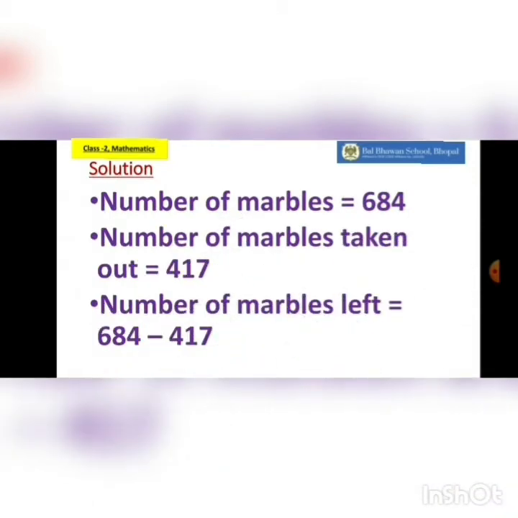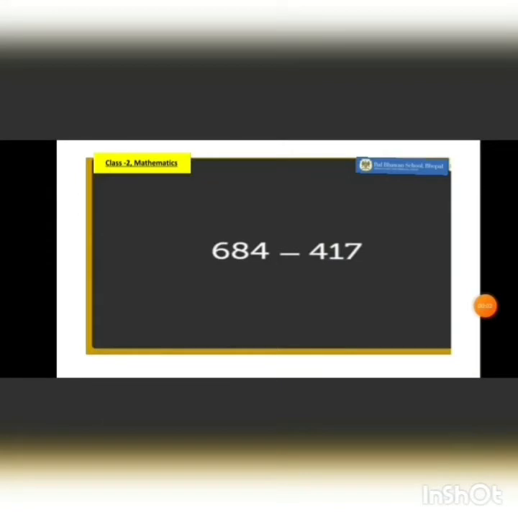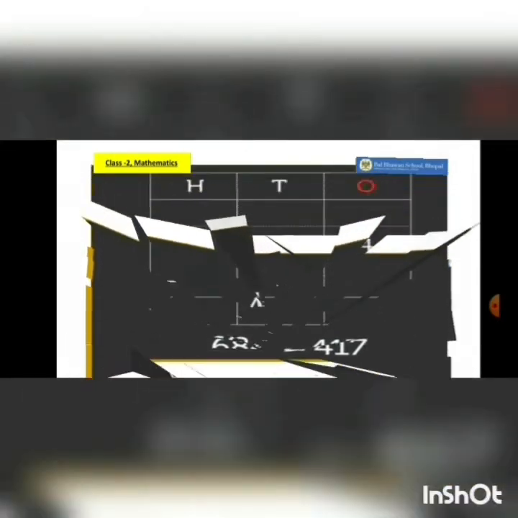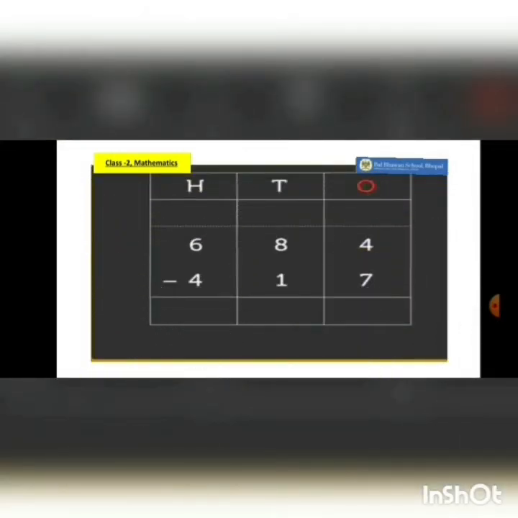So when you write in your notebook, the statements would look like that. All the three statements are necessary to write. This subtraction sentence is written horizontally. And when we have to solve it, we have to write it vertically. Since this is a 3-digit number, ma'am has written it according to the place values, so that's why I've written ones, tens and hundreds.